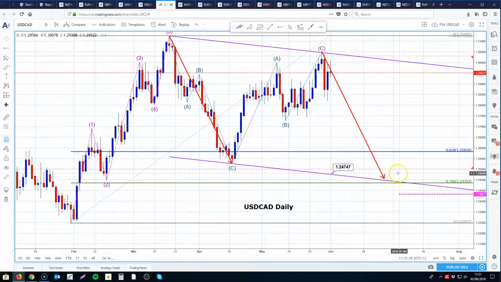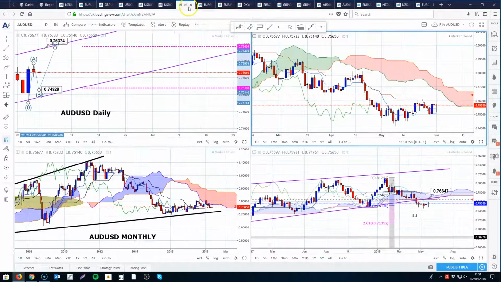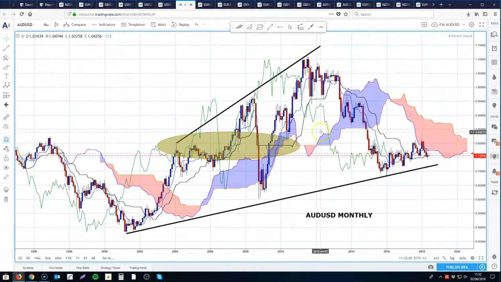This move lower, an ABCD formation is located at 124.55. Bespoke support is 128.33. So again, looking for this sort of zone for the sell-off in dollar CAD to stall and possibly reverse. Aussie dollar monthly chart, large